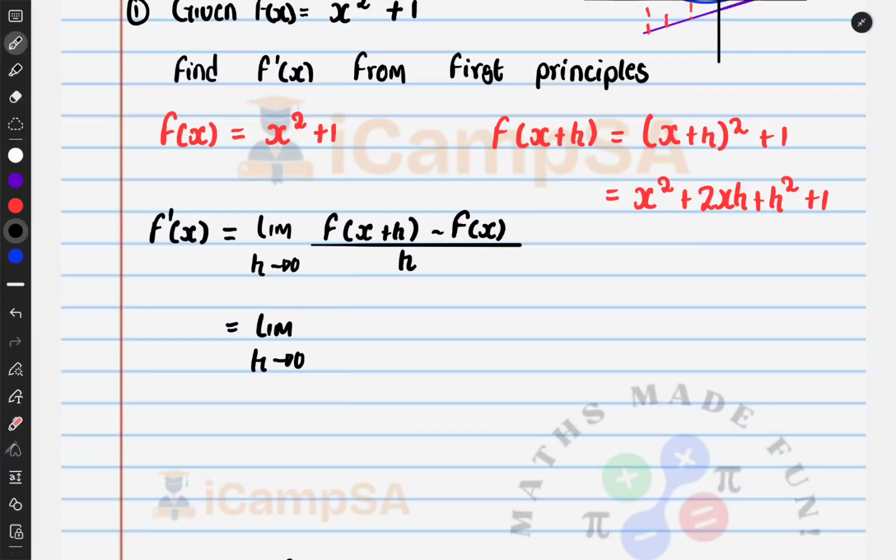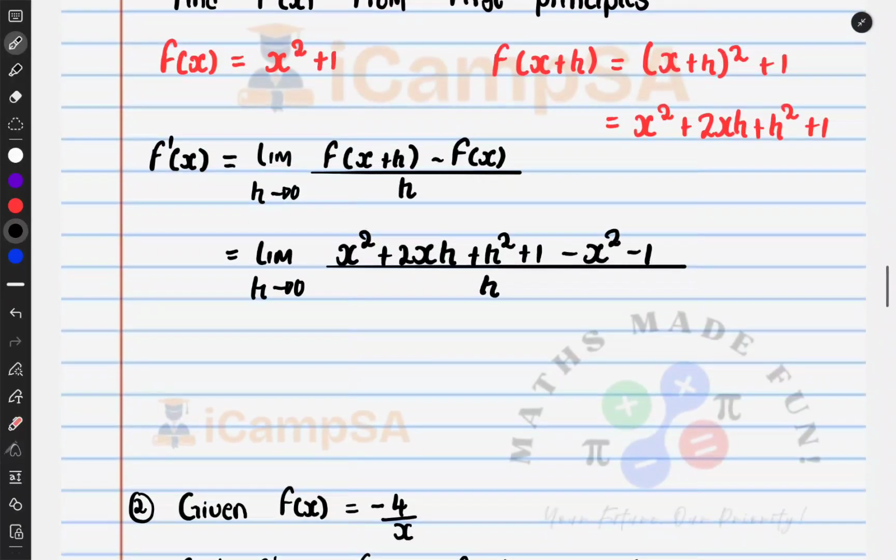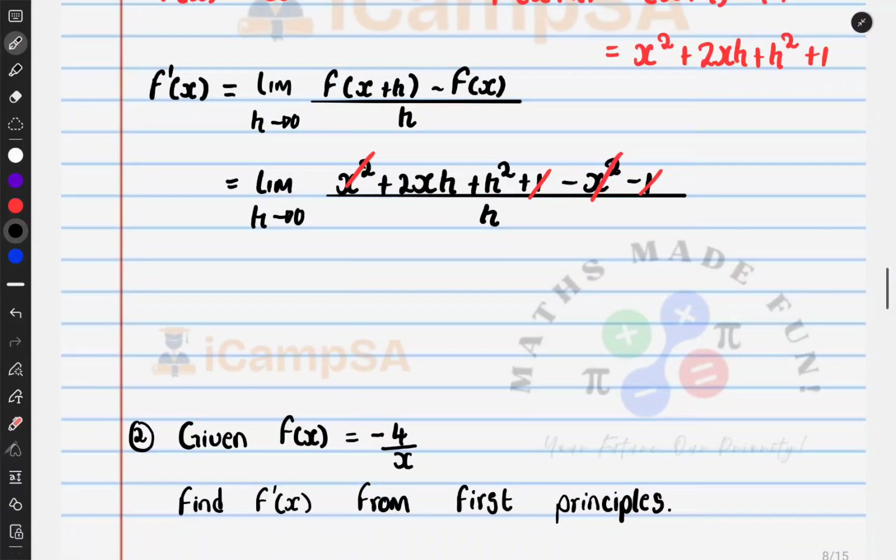Therefore let's now substitute. The limit as h approaches 0, f at x plus h is x squared plus 2xh plus h squared plus 1, minus f at x, which is x squared, so minus x squared minus 1, over h. Then let's cancel the like terms. x squared and x squared cancel, 1 and negative 1 cancel, so we'll be left with the limit as h approaches 0 of 2xh plus h squared